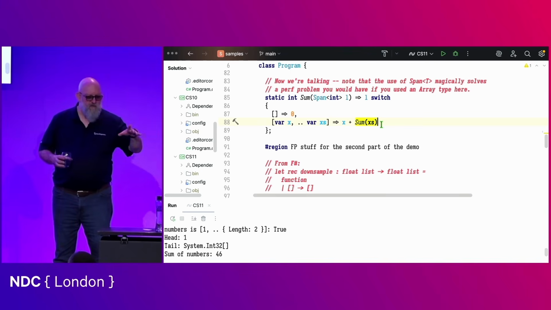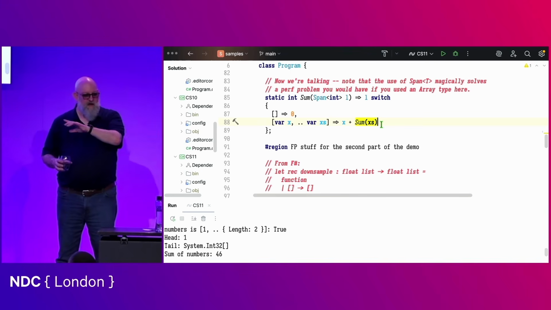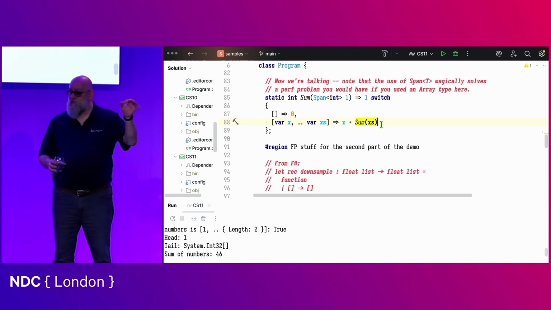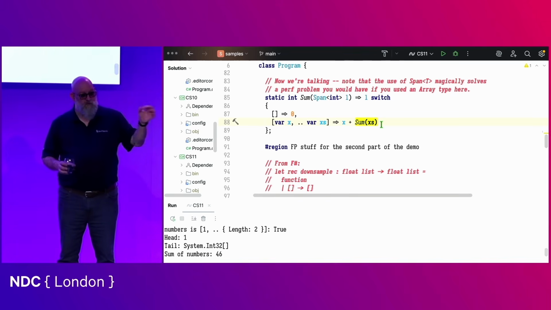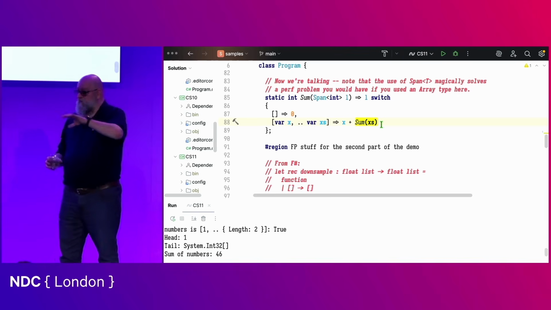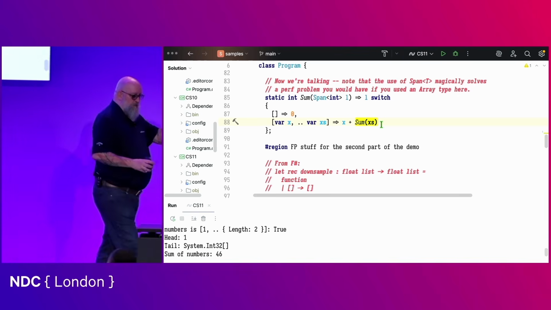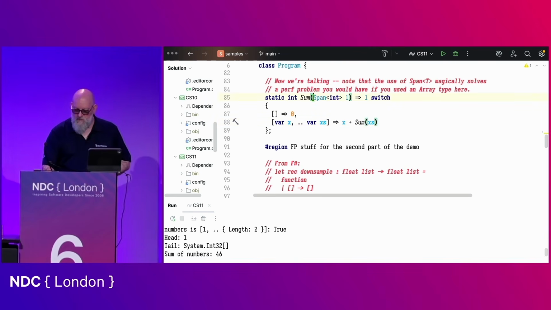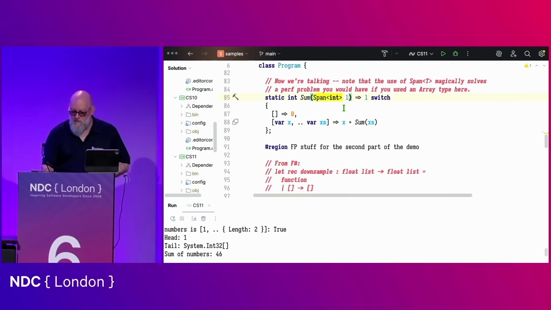So I'm not generally saying you should now always do it this way, but as I was explaining in the beginning, it can be important to try to implement certain algorithms along exactly the same lines that you would in a functional language as well, right? So, final bit that you may have noticed here is that I'm using the span of int as my data